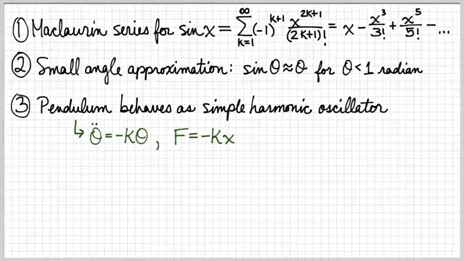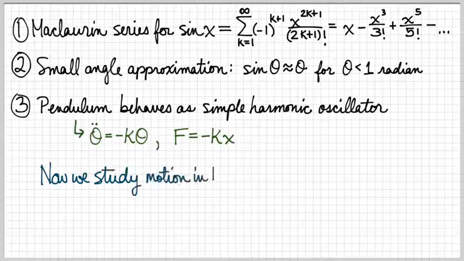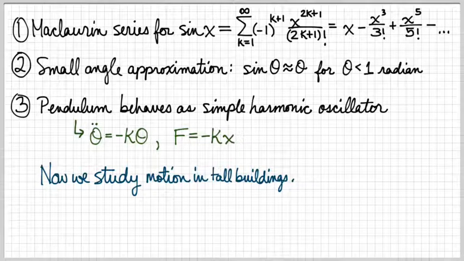This comes from the Maclaurin series and the fact that the higher order terms have a very small contribution to the overall value as long as x is very small. When we were finished, we saw that this differential equation matched that of a simple harmonic oscillator, proving that their behaviors are the same. Now, we're going to study the motion of tall buildings,